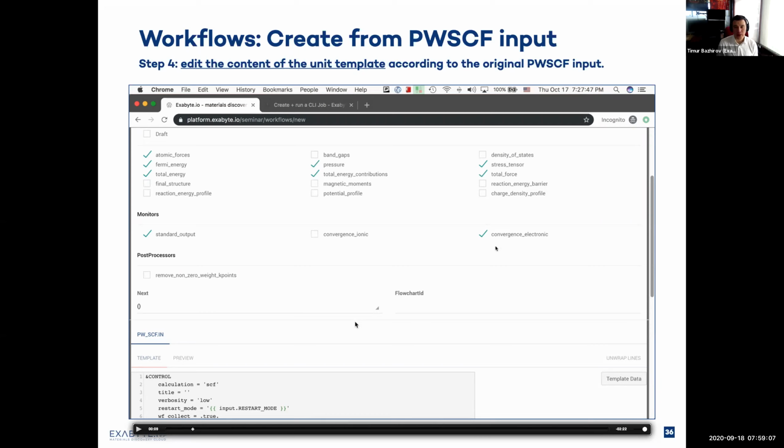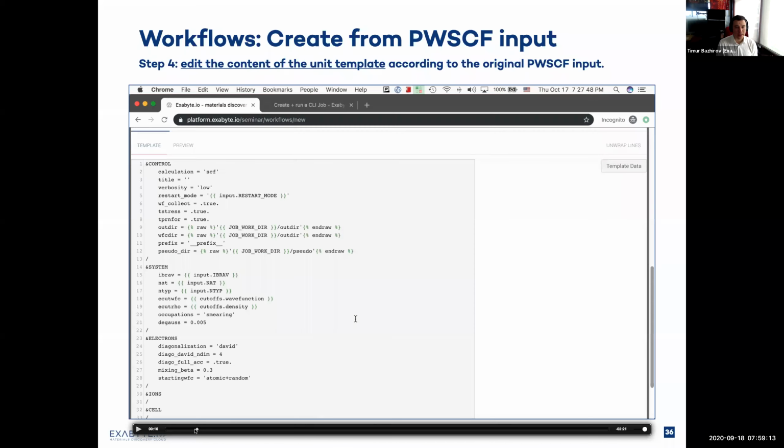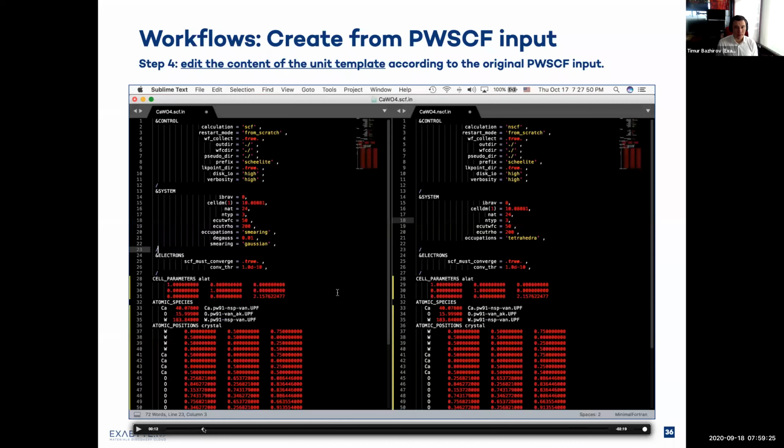Like we look at the convergence of the electronic subsystem, and we look at the standard output. And as you can see at the bottom, we have the template that codes the original flags that Quantum Espresso reads during the calculation. So in order to migrate the information from the original file, we have to check and see which flags we need to migrate or add or delete from the template. As you can see, there's